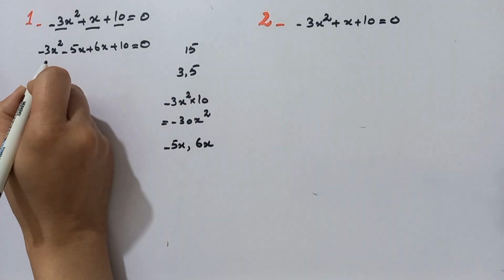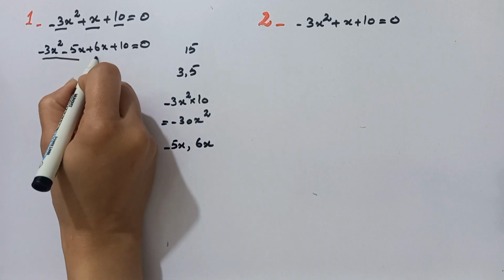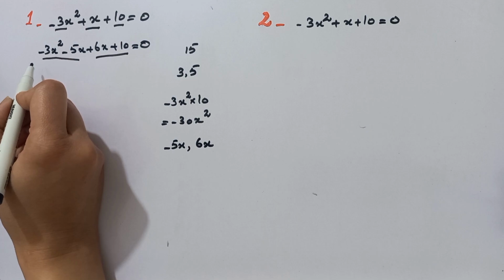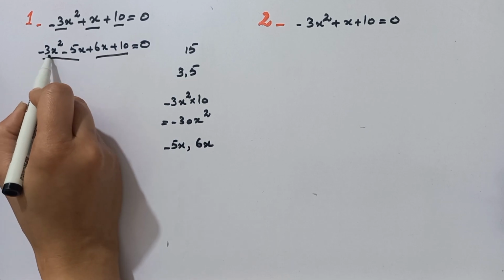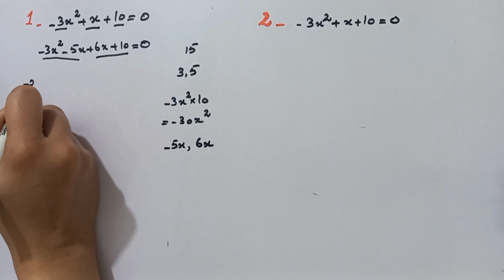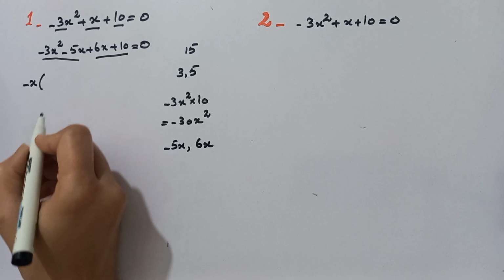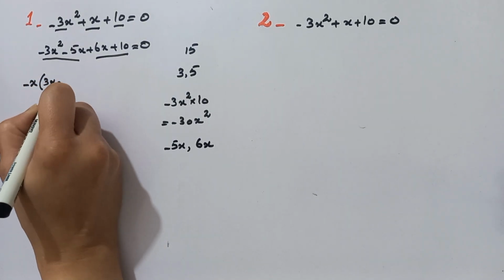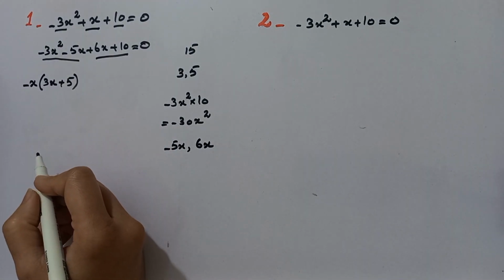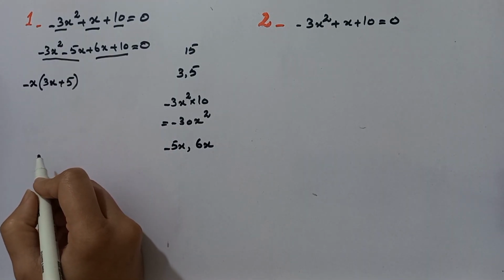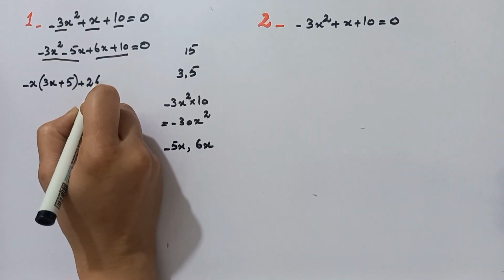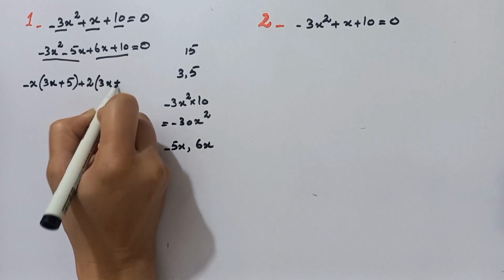So now we make pairs of first two and the last two terms. In the first pair, we see that minus x is the common divisor of minus 3x squared and minus 5x. So we can take it as common and we are left with 3x plus 5. Now in the second pair, we see that plus 2 is the common divisor of plus 6x and plus 10. So we can take it as common, and we are left with